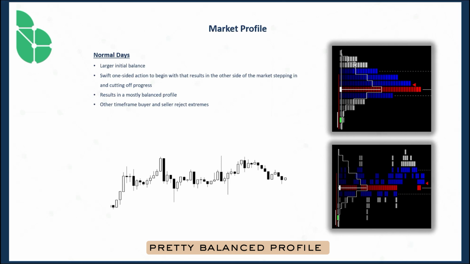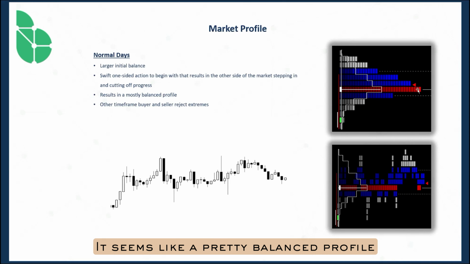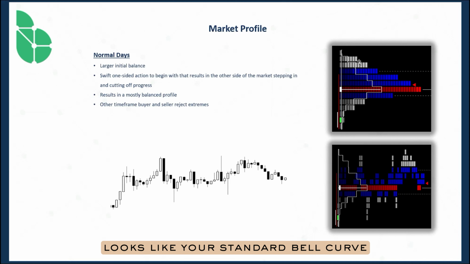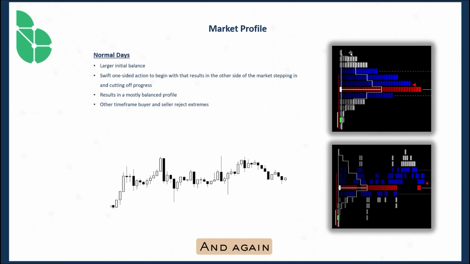This results in a pretty balanced profile. There is a defined edge, or rather, it seems like there are defined tails. It seems like a pretty balanced profile. Looks like your standard bell curve, even distribution. And again, because this is a more balanced environment, this is going to be something that appears like a range,